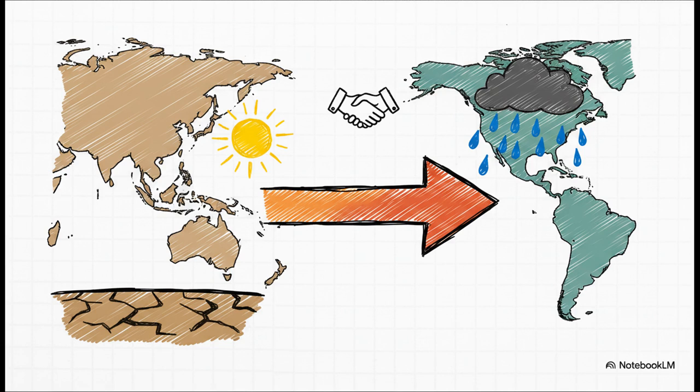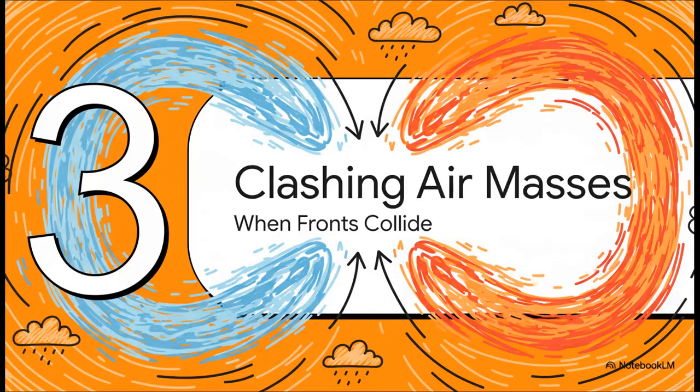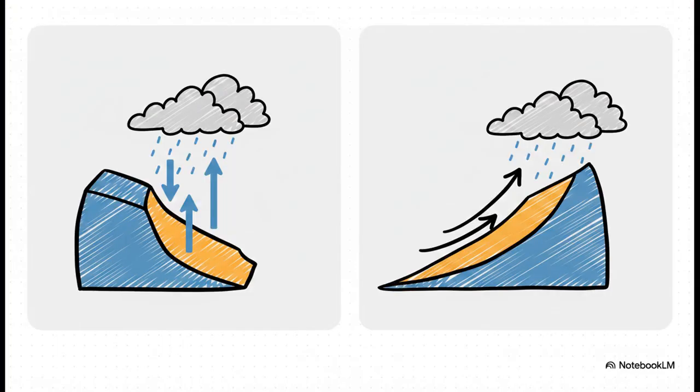It just goes to show how insanely interconnected this whole engine really is. All right, part 3. Clashing air masses, when fronts collide. So let's see what actually happens when the massive blocks of air created by those global cells crash into one